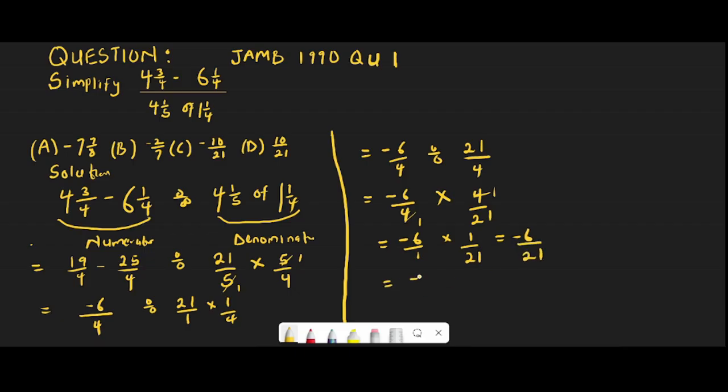Here, minus 6 over 21 has a common factor, which is 3. So we have here minus 2 over 7. So the answer here is minus 2 over 7, which is option B. Surely,